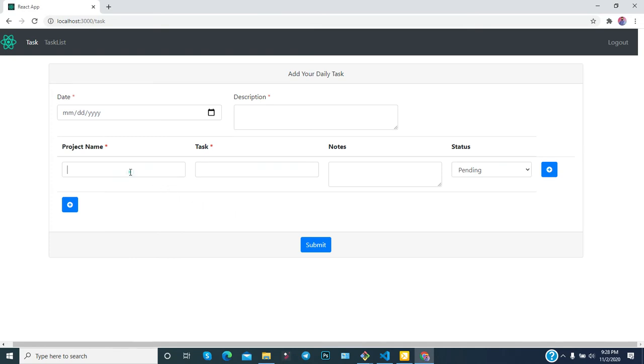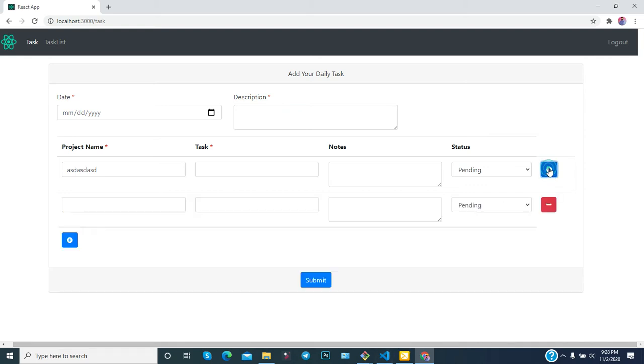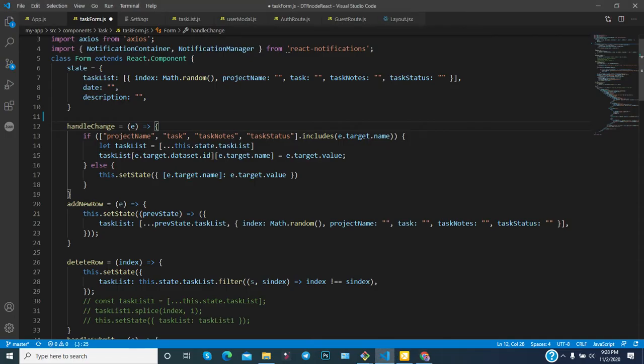If you type anything here, then you are supposed to update the state object. Whatever you are typing, at the same time the state object should also get updated. So how can you manage these things? These are the requirements. The first requirement is that if someone clicks the plus button, you have to insert an empty or default value into this array. Whenever you push, a new row will get generated.